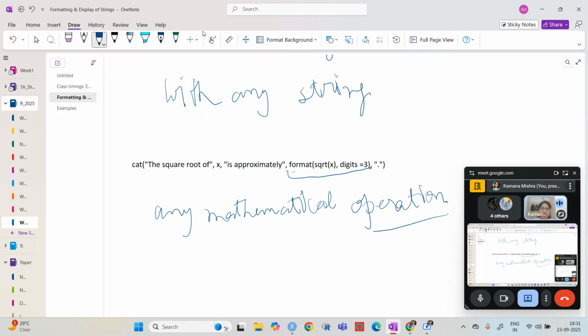Okay, so we can put any mathematical operation here. Till now, is there anyone who has any doubt? So this is basically that we can print like this, we can do this and all.